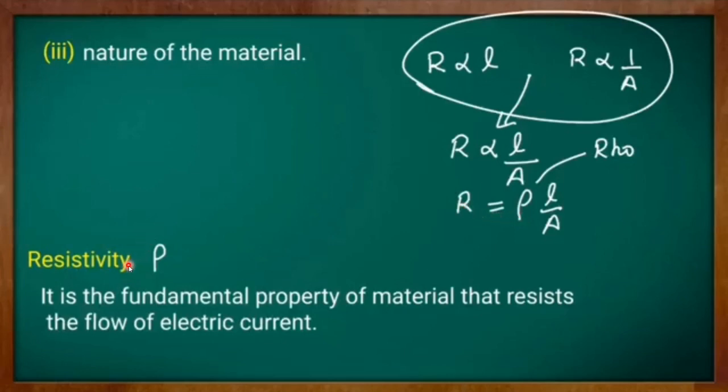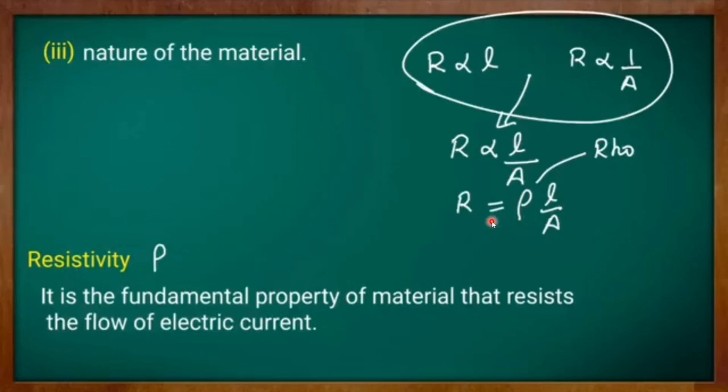The rho value will depend on the nature of the material. Suppose I have taken the example of silver, isn't it? Silver has more value of rho, that is, it is offering more resistance to the flow of current. Therefore, less amount of current will pass through the silver. Whereas if I take iron, then the rho value will be lesser. Iron is offering less resistivity for the flow of current. That means more amount of charges will flow through it.